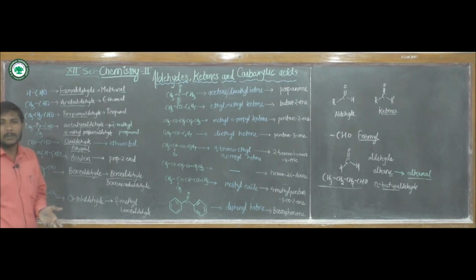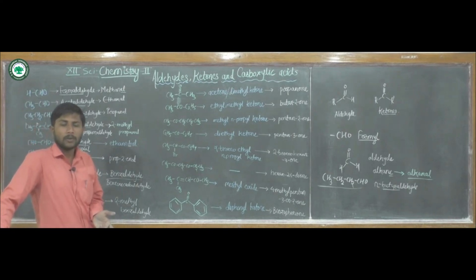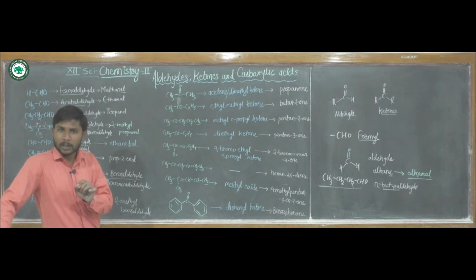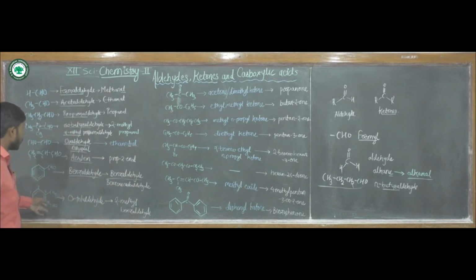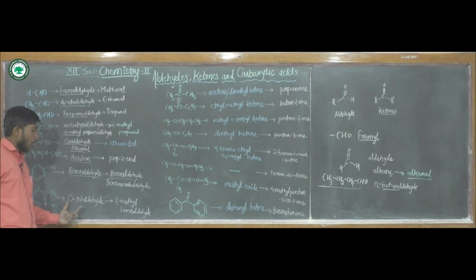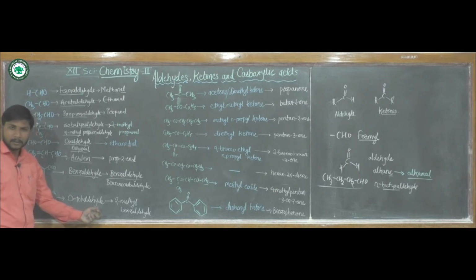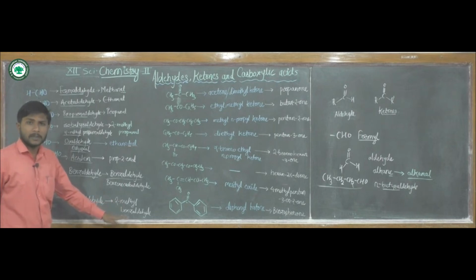In the common name system of aromatic compounds, you know that the presence at the 1, 2 carbon atoms is the ortho position, 1, 3 is meta, and 1, 4 is para. Here the aldehyde group is present at the ortho position to the methyl group of toluene. That's why its common name will be ortho-toluene aldehyde. And in the IUPAC naming system,